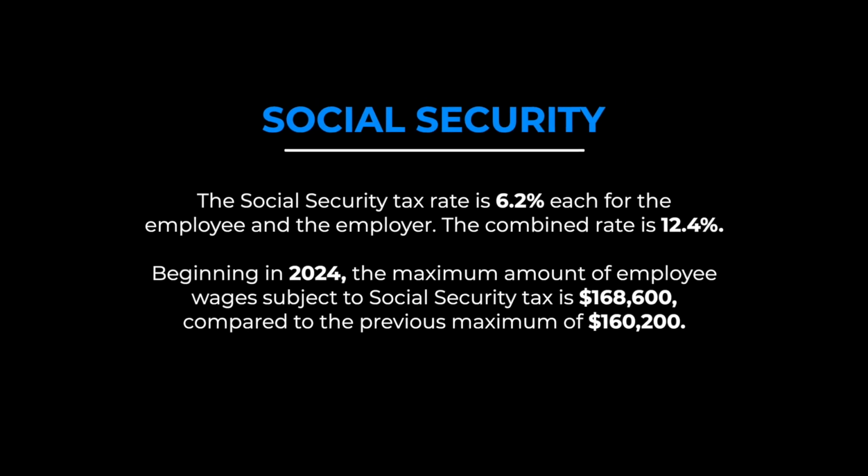The Federal Insurance Contributions Act, or FICA for short, is a payroll tax deduction from each paycheck to fund Social Security and Medicare. Social Security. The Social Security tax rate is 6.2% each for the employee and for the employer. The combined rate is 12.4%. Beginning in 2024, the maximum amount of employee wages subject to Social Security tax is $168,600,